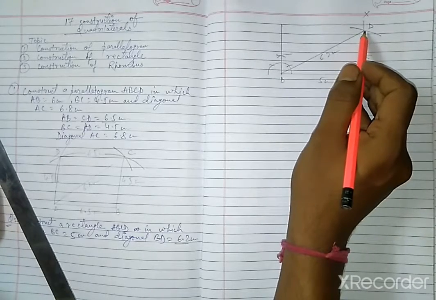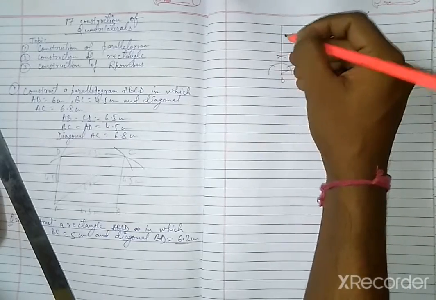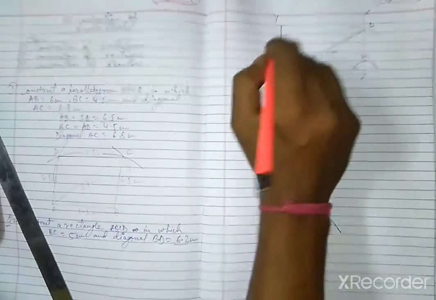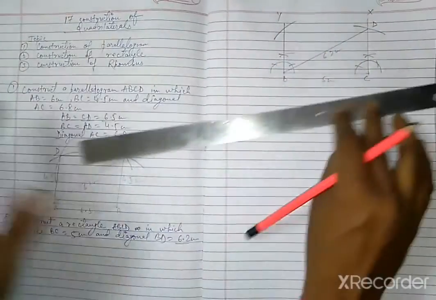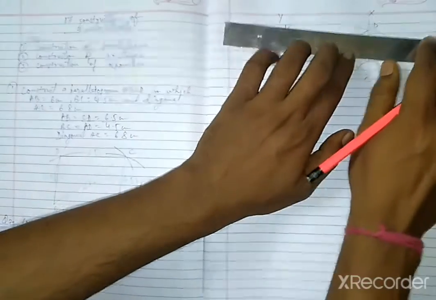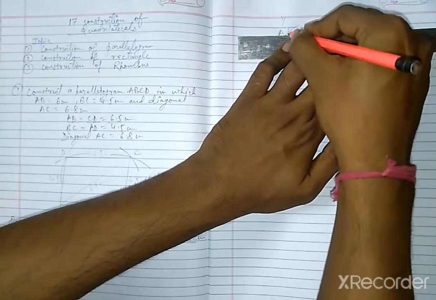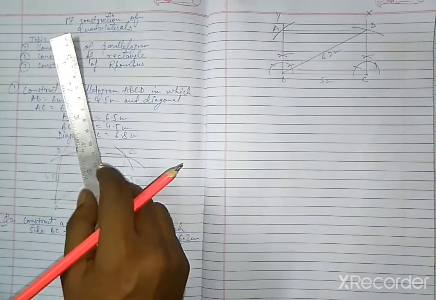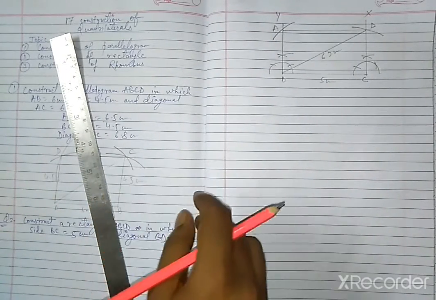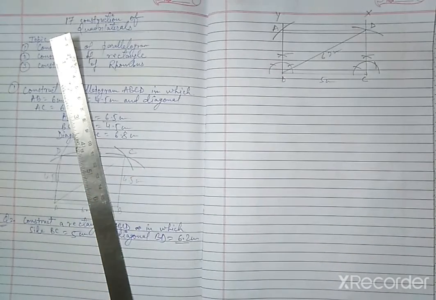So with the help of compass and scale, I will measure 5 centimeter, put it at D and cut it in the BY line such that it intersects here away from D, and this point will be A, and I will join this BA line. ABCD will be my required rectangle. I hope that you have understood the basic steps of how to draw a rectangle. In a similar way, you will be able to draw a square also.